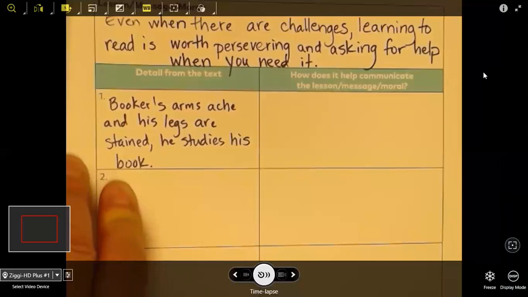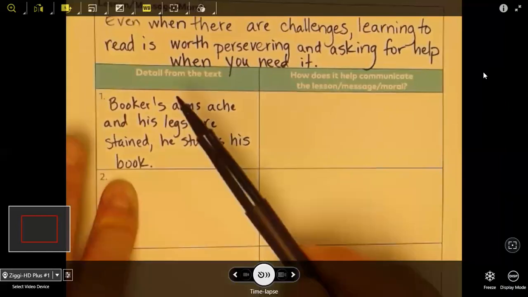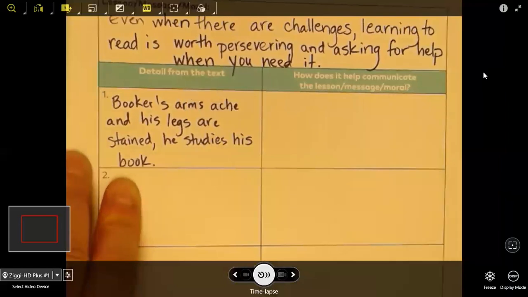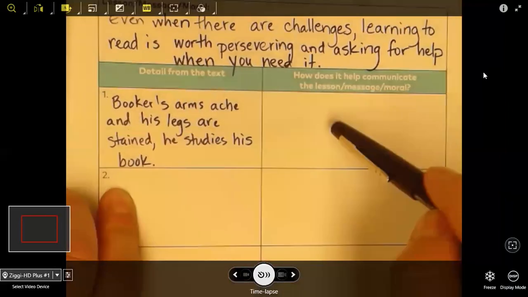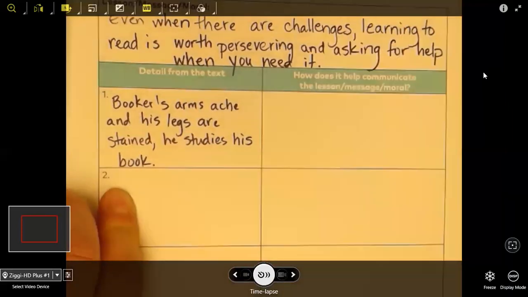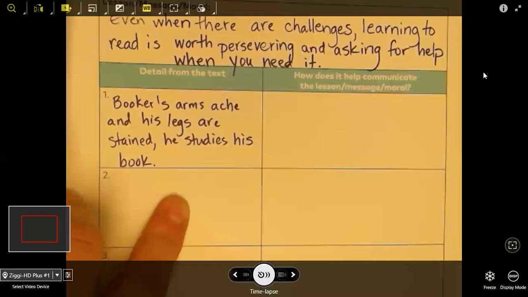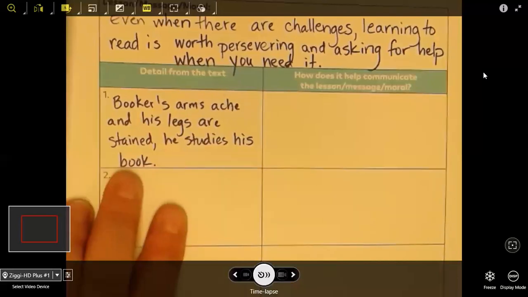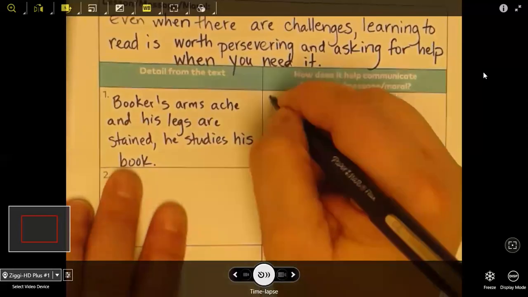I just also know that it's much easier to write when we have a desk. Helps us. Okay, so if that's the detail, what does it show about our message? What does this sentence here show that proves that we're right on our lesson? Cool. He tries to know what it means, and he perseveres through reading every night to see if he can eventually figure it out. And why is he doing that? He has to read. Because it's so important, right? It's so important. So this sentence, it describes